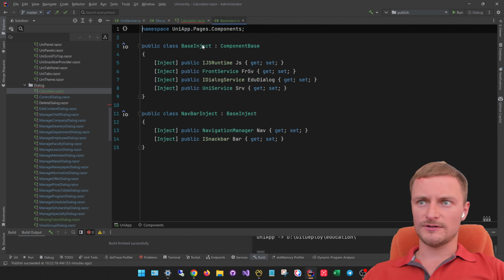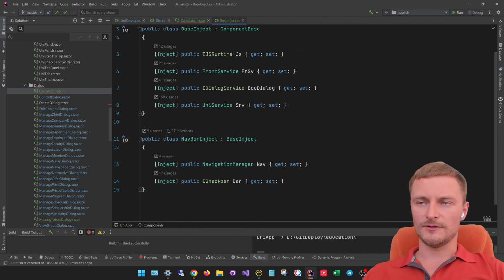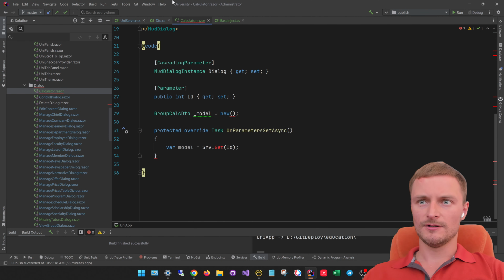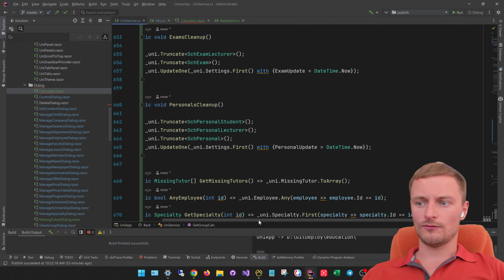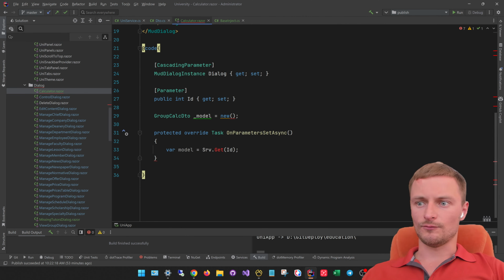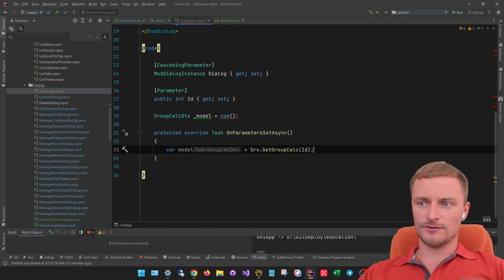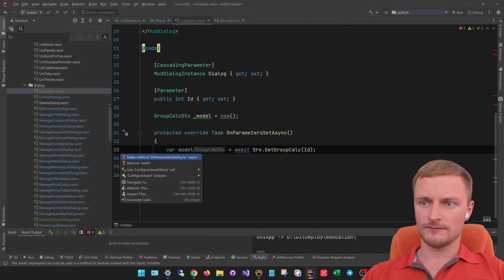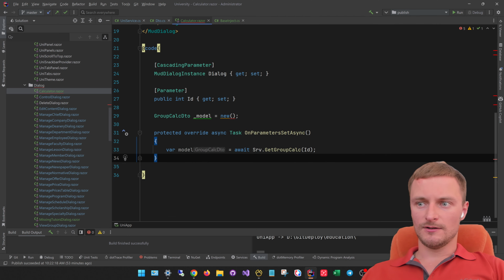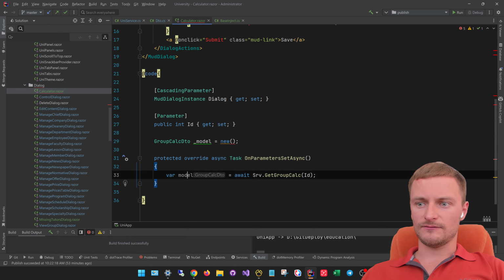number inject. So this is a class containing some inject directives needed for this one, and here we are gonna call this method from the service. So this one, group calc.dto. So we will get this model. So, and we should obviously await it because it's an async task. And we should also make this one an async. So when we have the model,